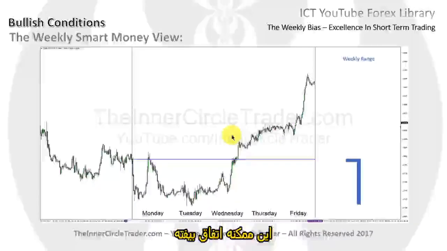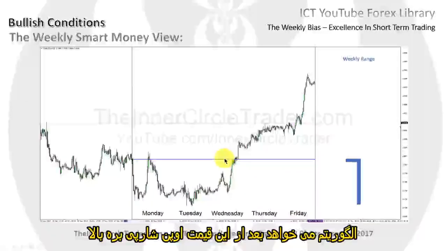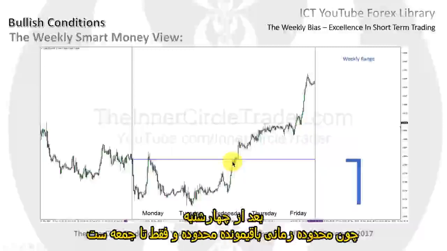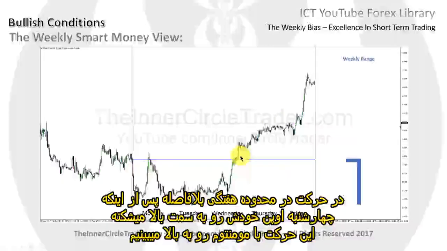It can happen if we go above the opening price on a new low on Tuesday. We can still see it come back down and retest that opening price on Wednesday. The algorithm will want to expand away from this opening price after Wednesday because it only has New York Opens time period to Friday's close. And that's why you see this acceleration in the movement on the weekly range immediately after Wednesday breaks above the